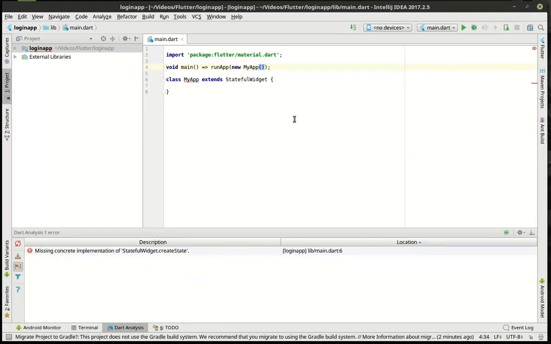All right, so we've got our MyApp, which extends StatefulWidget, and we're going to have to do some things with that. What we're really going to be doing here is building out a basic login. And when I say basic login, I mean very basic login. So we're going to say